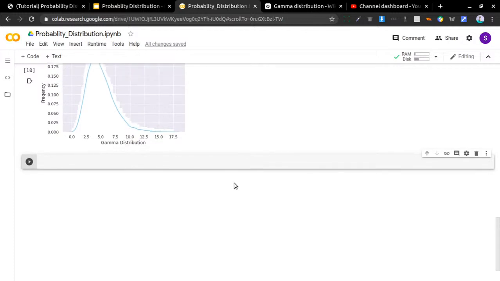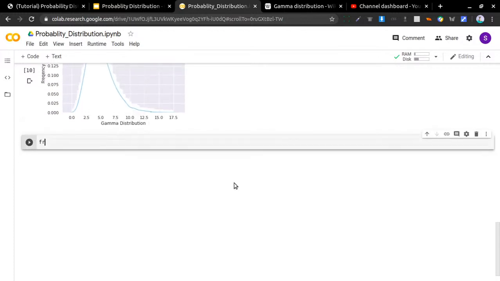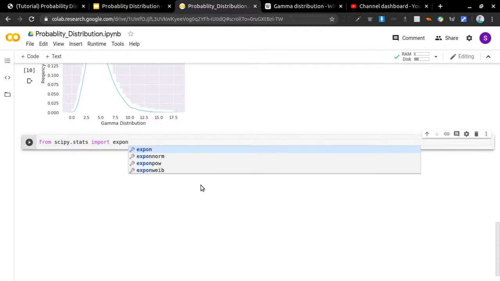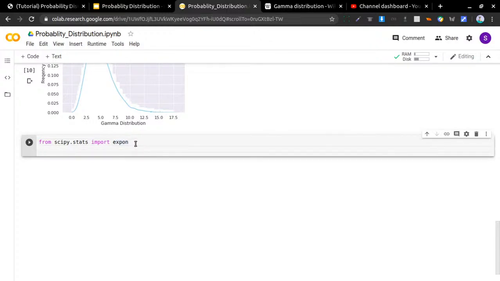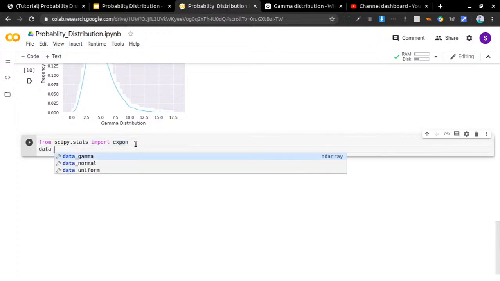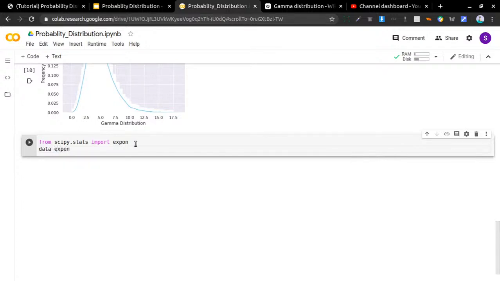So I will use scipy.stats again, in which I am going to import expon, which is the short form of the exponential distribution. And then I will generate some random values and store them in this data_expon variable.